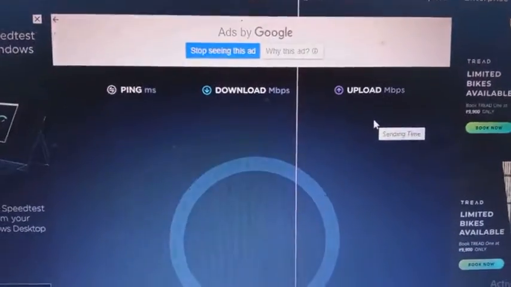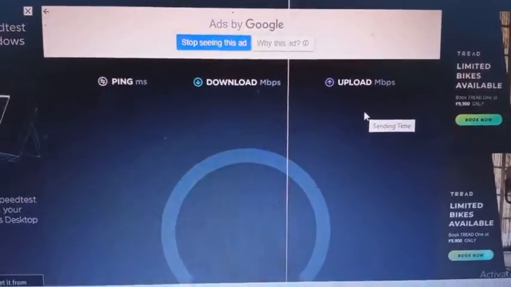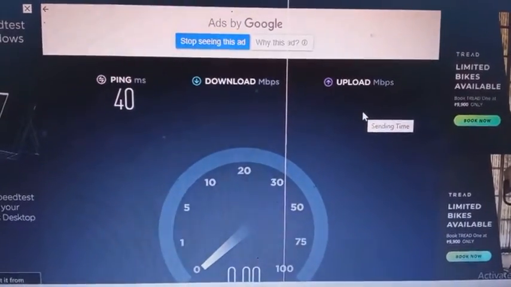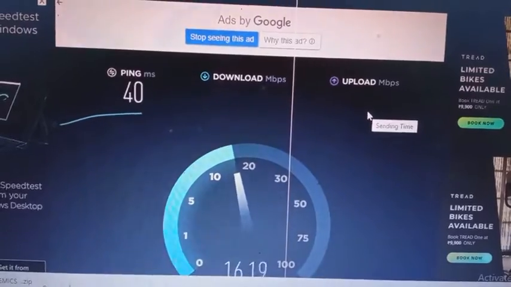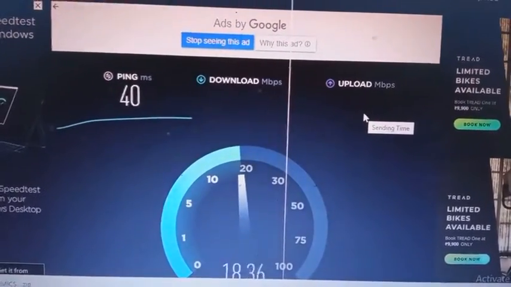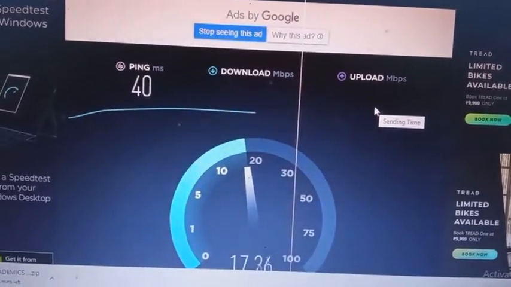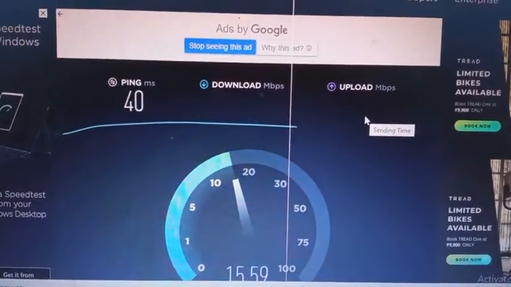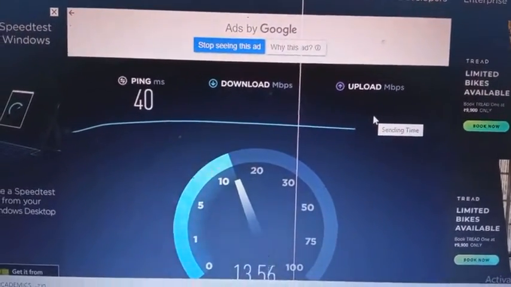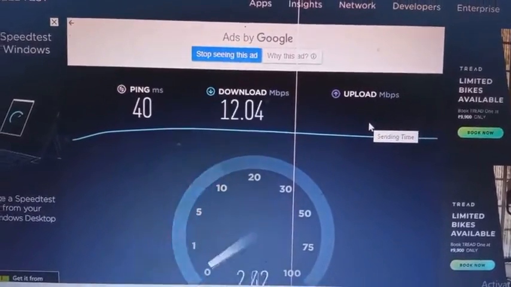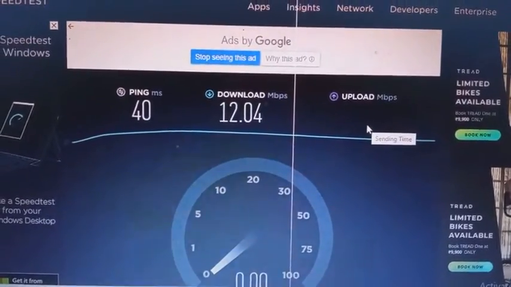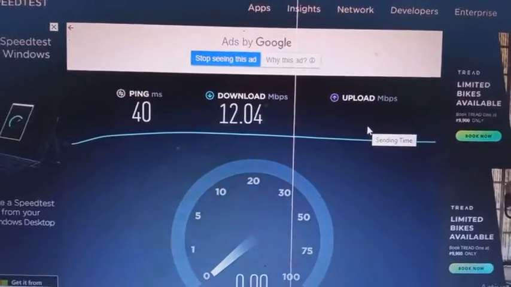So now we can wait a while. That shows the downloading, ping and uploading speed. So my ping takes 40 milliseconds only. Then it shows the downloading and uploading. Download speed is 12 Mbps.